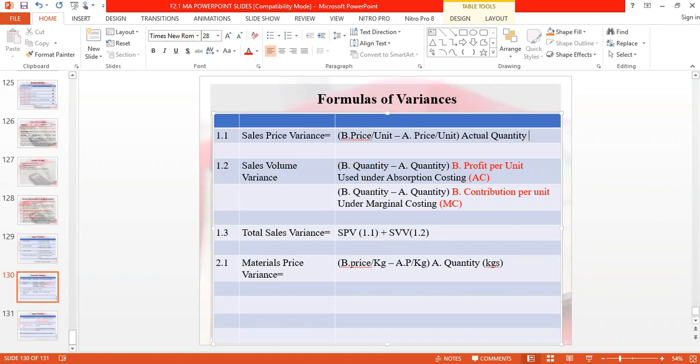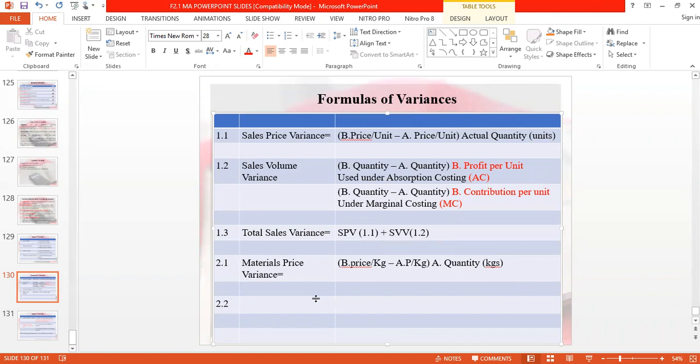This quantity was in units. That quantity was in units. This one is now in kgs. That is material price variance. Next,